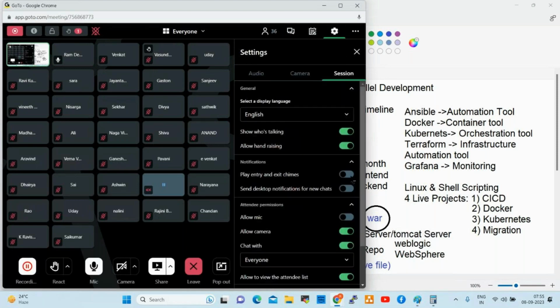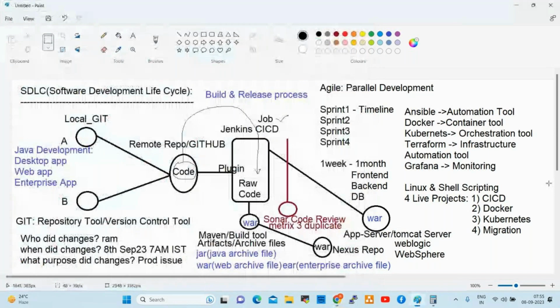So this is our fourth session. Four sessions completed. Monday onwards, basics will be started. Our classes would be Monday to Friday only. Sometimes I'll take weekends also, Saturday also. Monday onwards, basics will be started. What is server? What is network? What is IP address, routers, switches. Those are very, very important.